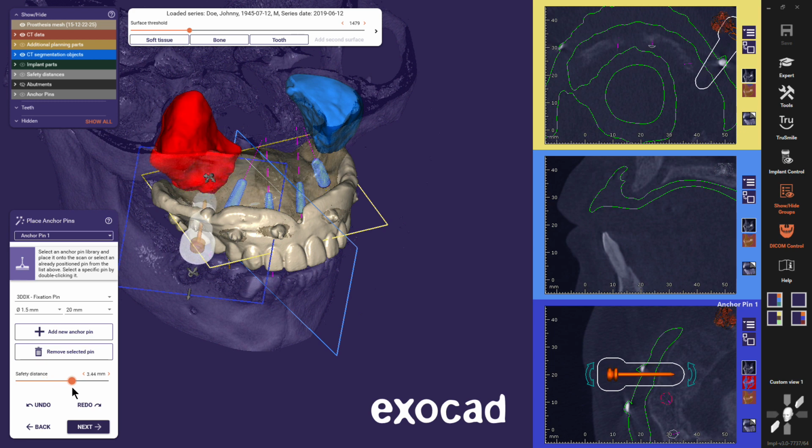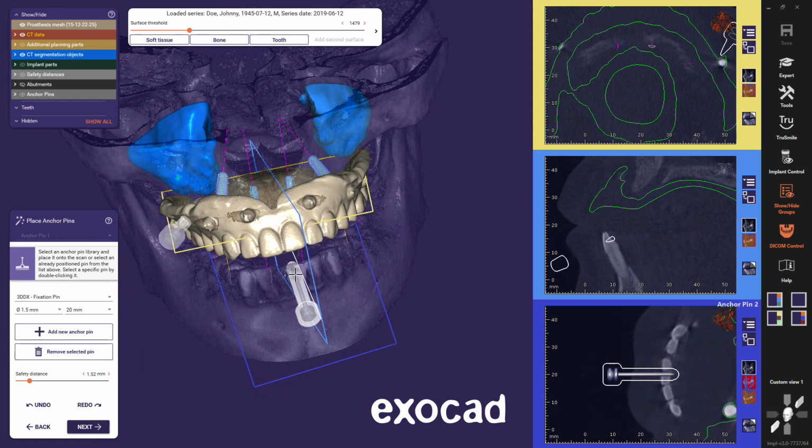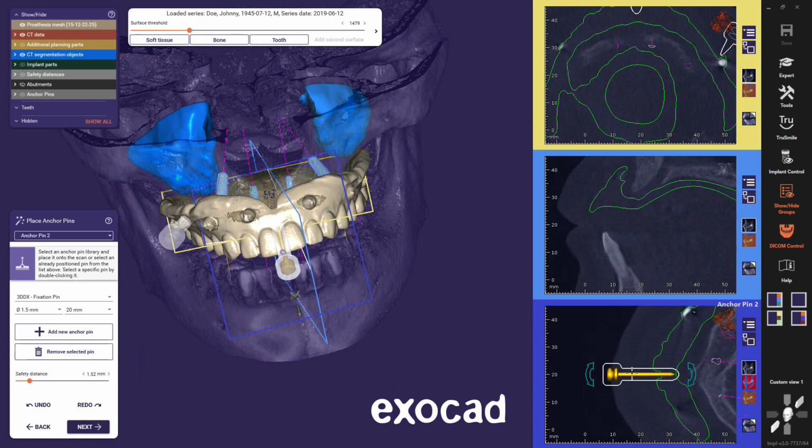The anchor pins have a safety distance which can be changed with the slider in the workstep window. To add another pin, use the Add New Anchor Pin button.